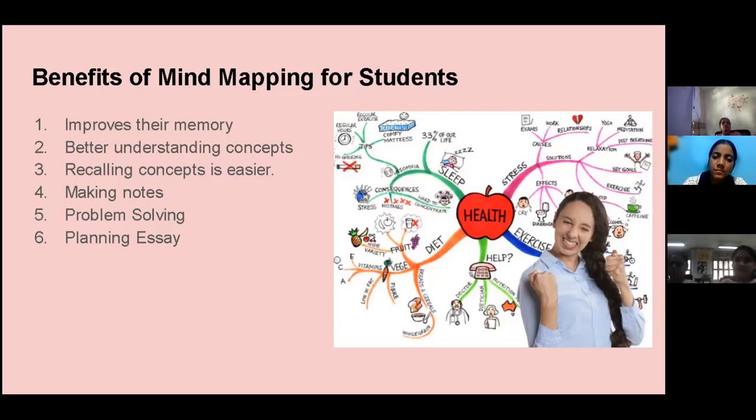Better, now see, we can understand the concept very clearly. There is a small mind map over here. Can you see on the right side? Can you see this image? Yes, ma'am. This is with regard to health. Now if you want good health, what all is required? Stress should be reduced, right? Sleep is properly required. Proper diet. Exercise is required. And help from a doctor also. So this is the central idea of a mind map.